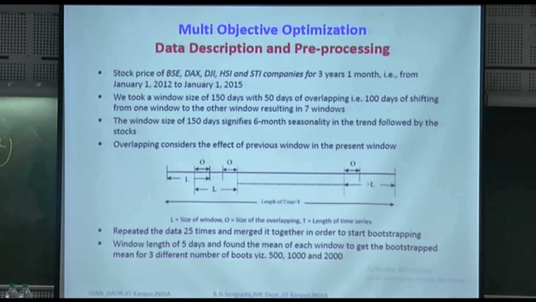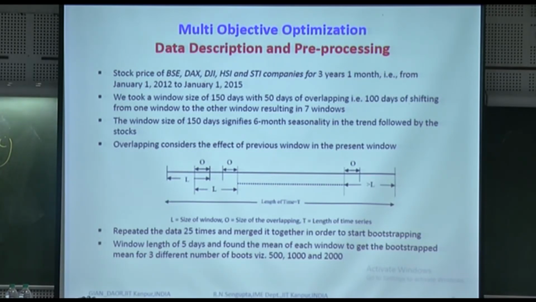Then you will find out the nominal values and the variance or perturbation, and you repeat it 25 times. That means you concatenate the data set, put it one after the other, and jumble it, like mixing. You put it in a row, jumble it, and take 150 data points at a time: 150, then 150, 150, 150 with an overlap, and then you take the mean. Plot the means, find the mean of the means, and find out the nominal values.